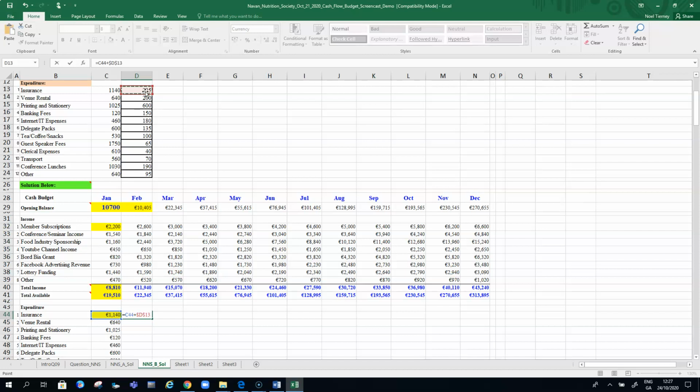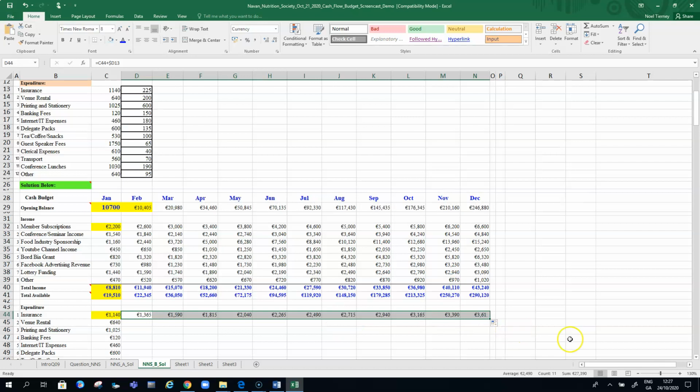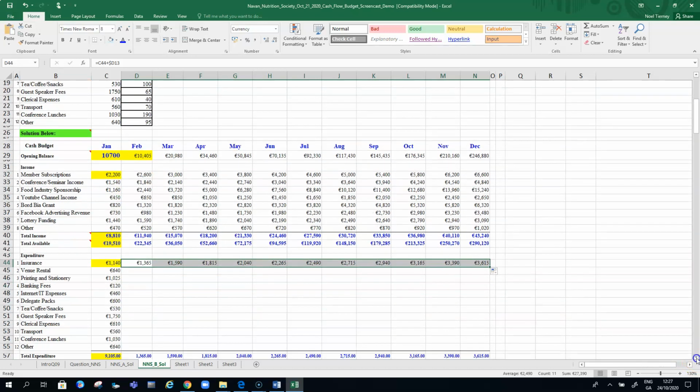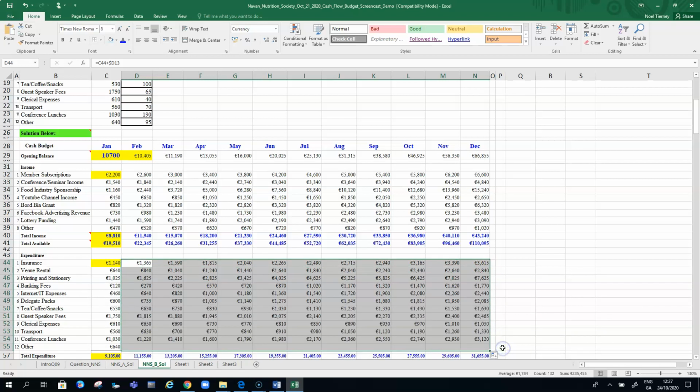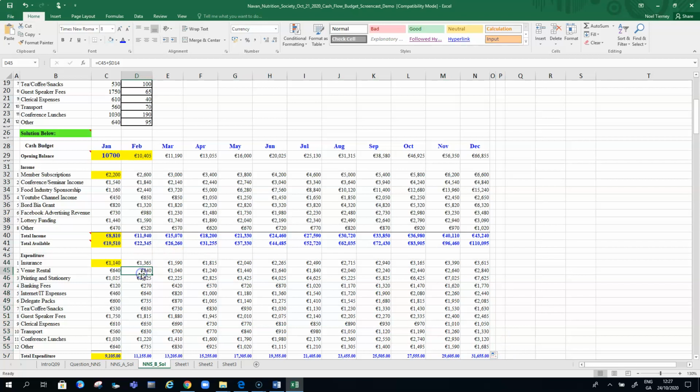So we press F4 a number of times so that we get to a situation where the D is locked, or the D is absolute, and the 13 is relative, or it's floating. So that approach, which worked for our incomes, will also work for our expenditure items. And they'll increase each month by the appropriate amount of money. And likewise, when we fill down to the remaining months of the year, it's going to calculate the same,